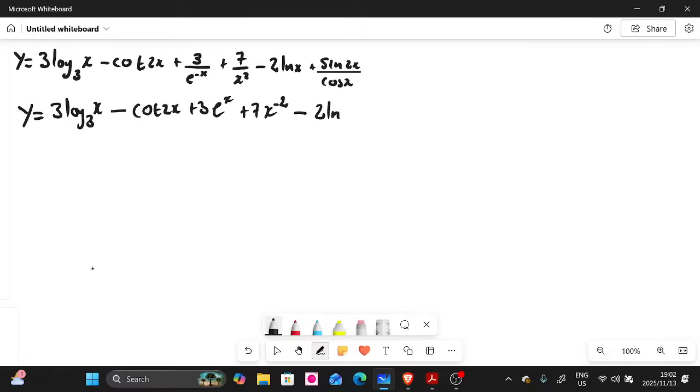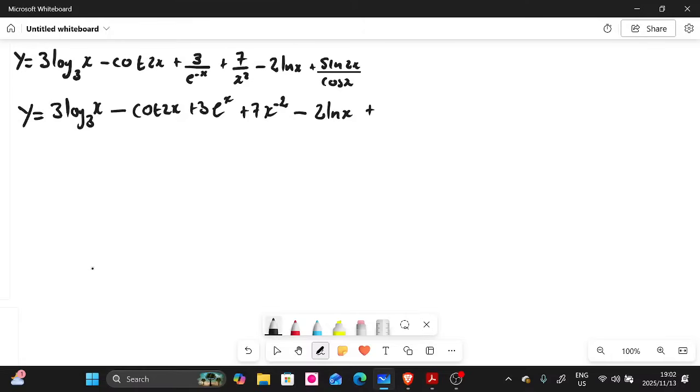No simplification required. Then let's look at the last term. The last term is tricky if you don't know the double angle identity. This one here, sine 2x, is a double angle identity for sine. On this channel, I already did those double angle identities on live lessons, and we also have videos where I actually derive these double angle identities. The sine double angle identity is not there on the formula sheet. You need to know it.